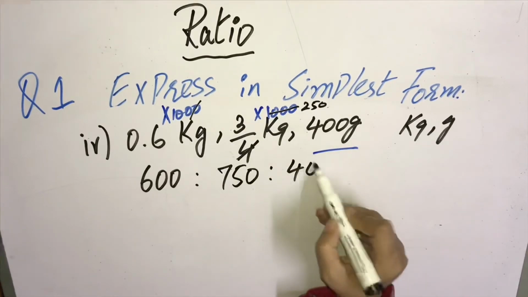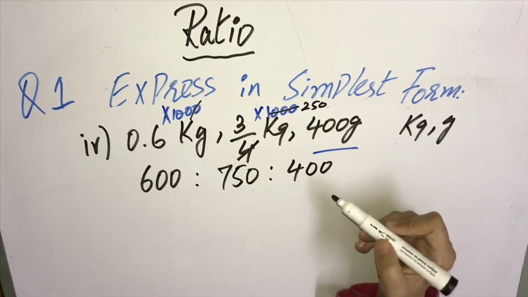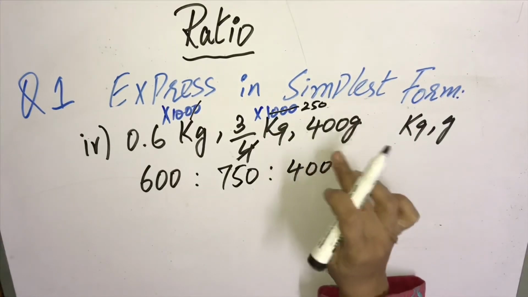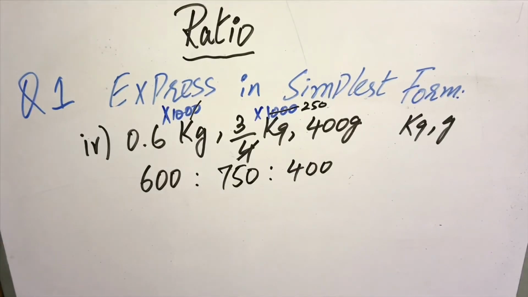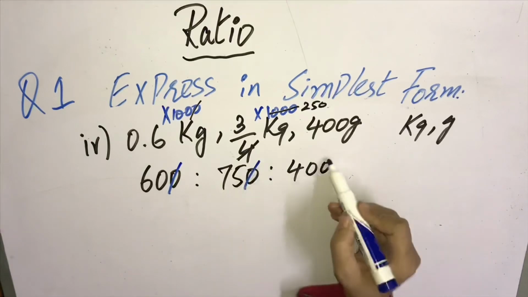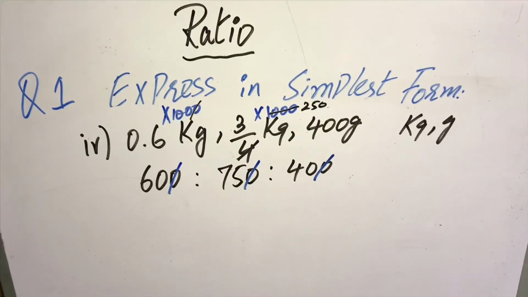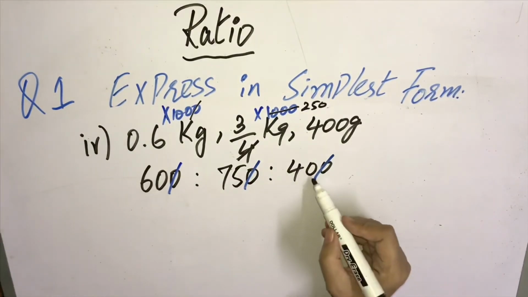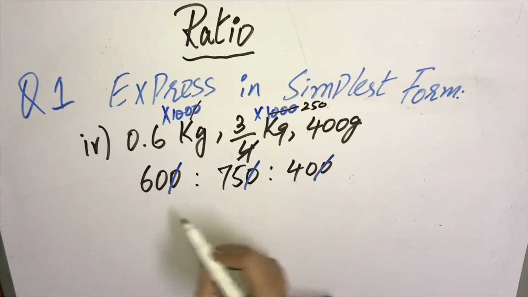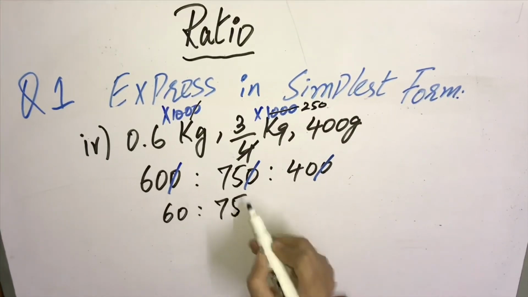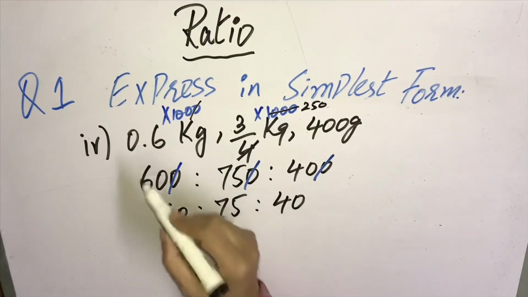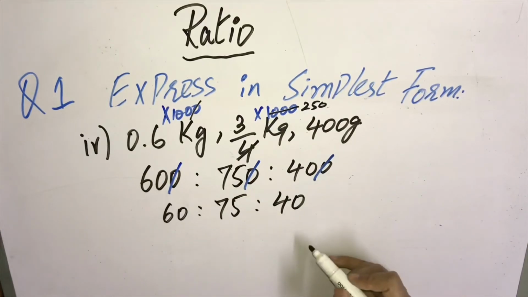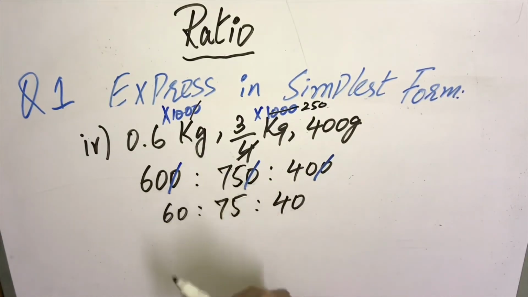And the third quantity is 400. Another thing which I shall explain here is that when you have such big quantities, try to cancel an equal number of zeros. First, it will make your cancellation easy. In this question, we shall cancel 1 zero of all three. We cannot cancel 2 zeros; we can cancel 2 zeros here, but not there. So we will only cancel 1 zero. The new quantities are 60, 75 and 40. You can see I haven't changed their arrangement. They are in the same arrangement in which they were given, with commas.